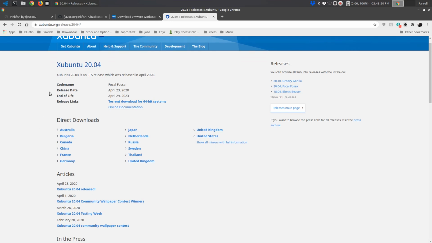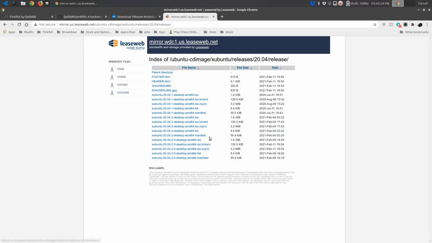So for example, in this case, I would click on United States, and then you would download the Ubuntu 20.04.1-desktop AMD 64 ISO. So download that. It's kind of big, 1.6 gigs, so it'll take a little while to download. And when you're done,